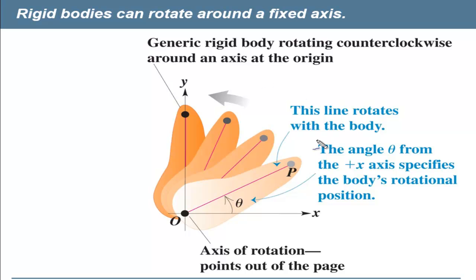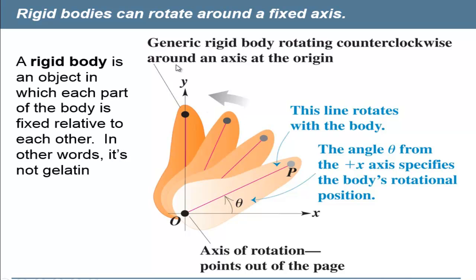First off, we talk about only the rotation of a rigid body here, and what I mean by a rigid body is that it's any object in which each part of the body is fixed relative to each other. So what that means, basically, it's not gelatin at all, but it means that if a point right here rotates through, and another point right here rotates through also, then the distance between them actually remains the